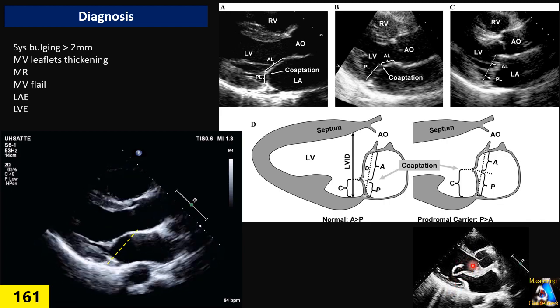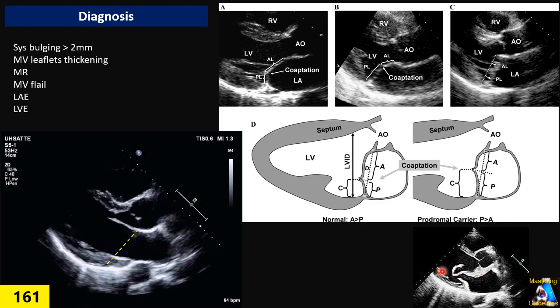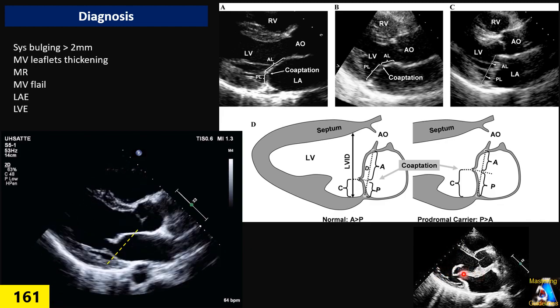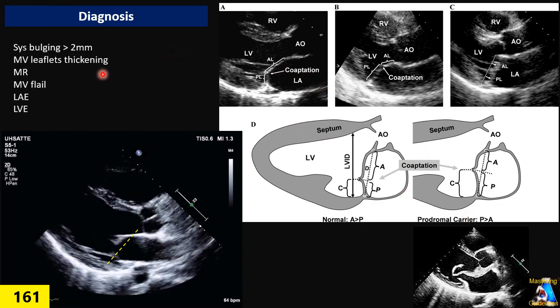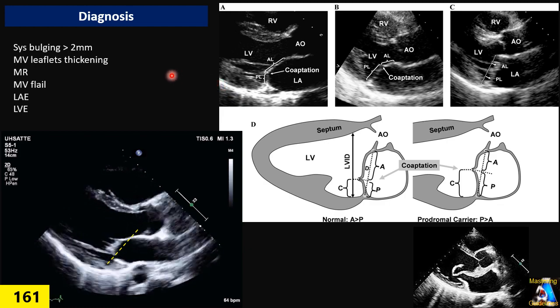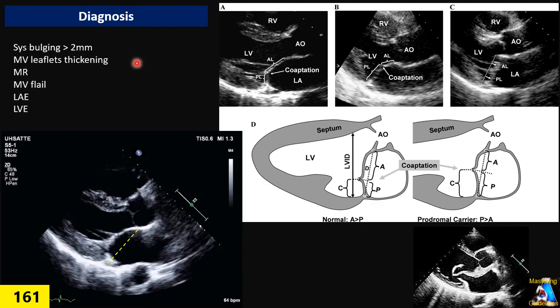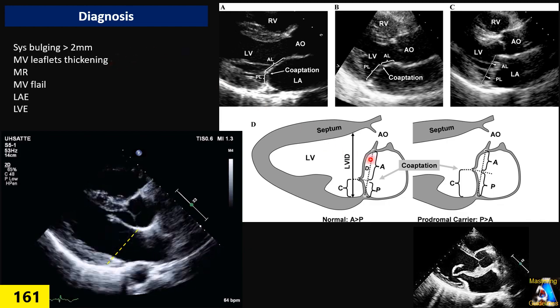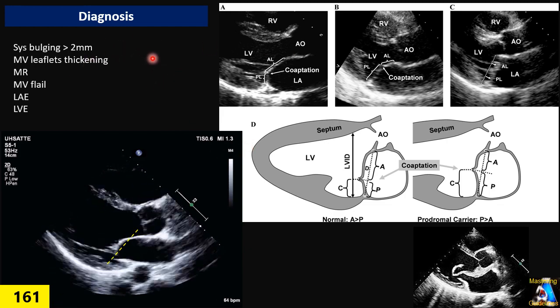Most of the time both of them, but sometimes only one leaflet is elongated, with thickening of the mitral valve leaflet, and all the secondary findings related to mitral regurgitation. Most patients with mitral valve prolapse have mild mitral regurgitation, and less than 10% have severe mitral regurgitation, which most of the time is with a flail or rupture of one of the chordae tendineae of the